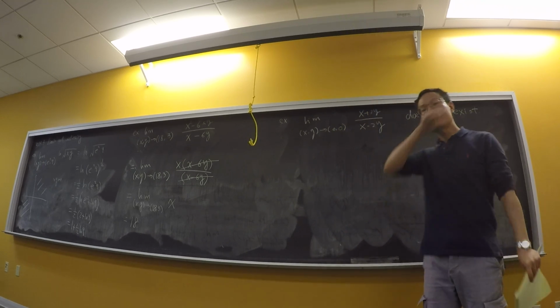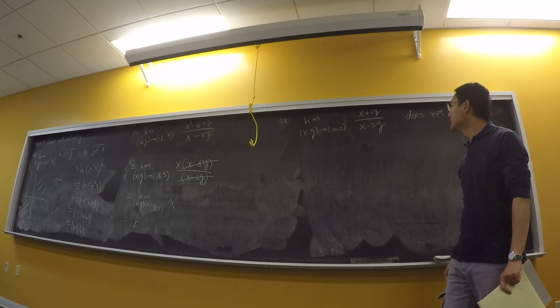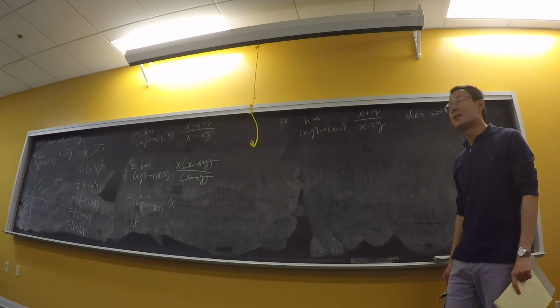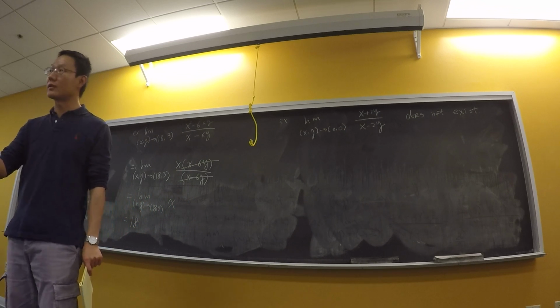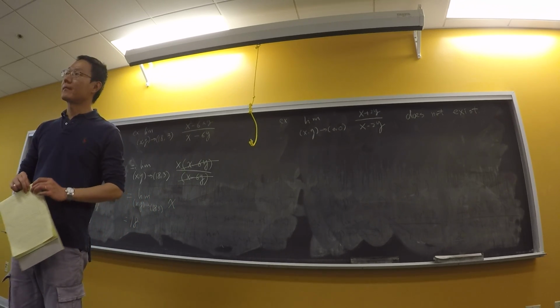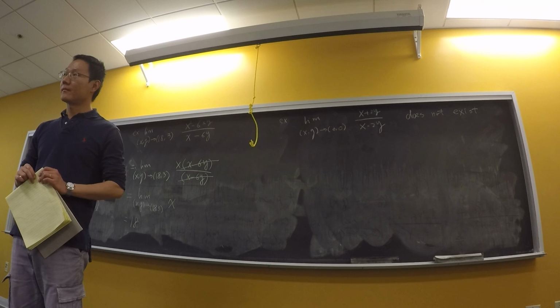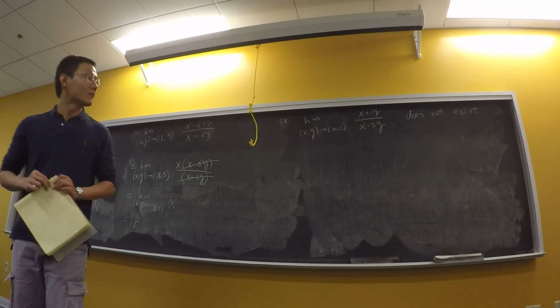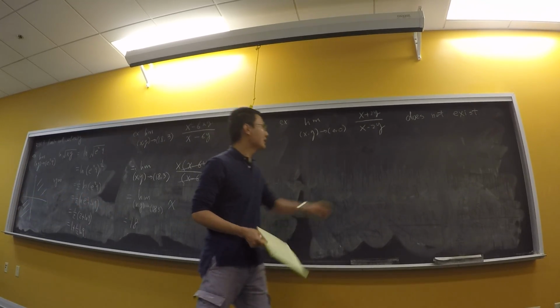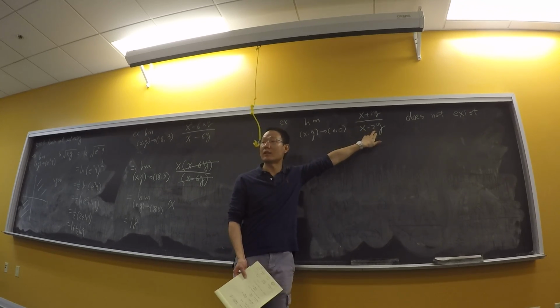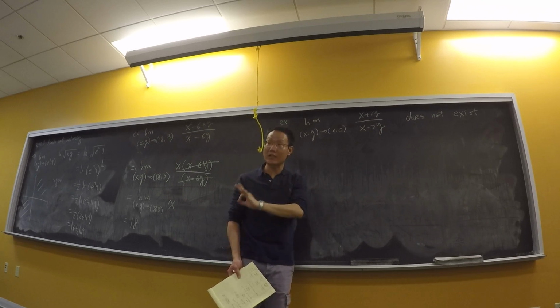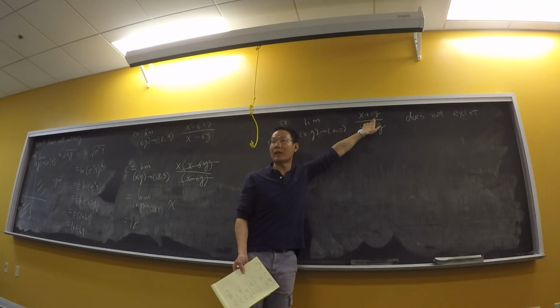Can't you take the natural log of that, and then you would end up getting e to the 0, which is 1? You can take the natural log, but you're actually changing the function. Introducing a natural log is going to change the domain. If you introduce it into the limit and solve for that, you get 0, and then if you change it back, e to the 0 is 1. But if you're taking a natural log, you're changing the domain of this function. The domain of the function is only x minus 2y not equal to 0. But if you're introducing the natural log, you're requiring x plus 2y is positive, and x